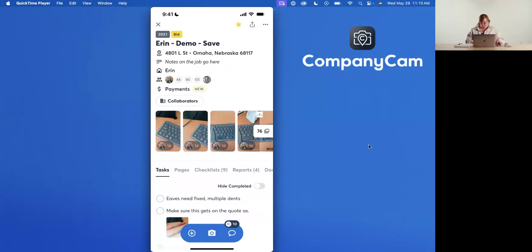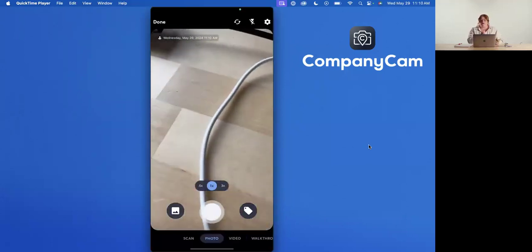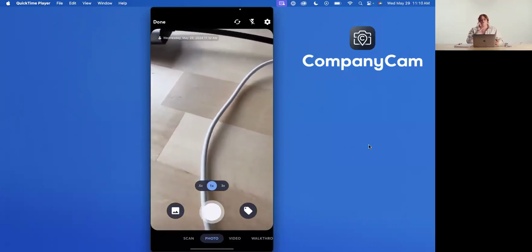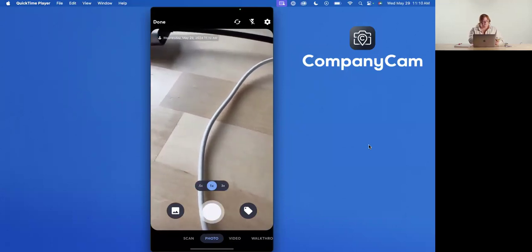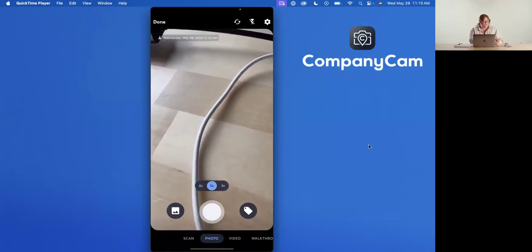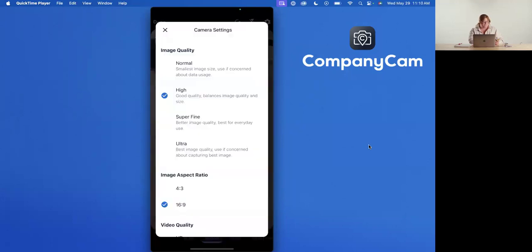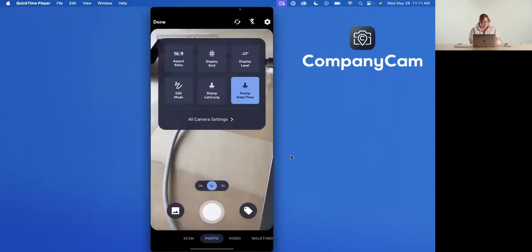And I'm going to go ahead and open up our camera. Now, if you guys are not seeing this automatically turned on, should be for most of you here, but I want to point out where you'll be able to turn this on and off. When you've got that camera open, in the top right corner, you're going to see that settings wheel. If I click on that, and then I will go to all camera settings here. When you scroll down a little bit here, you're going to see under more, that very first option is going to say quick caption. So if you've got that turned on, what's going to happen for you is each time